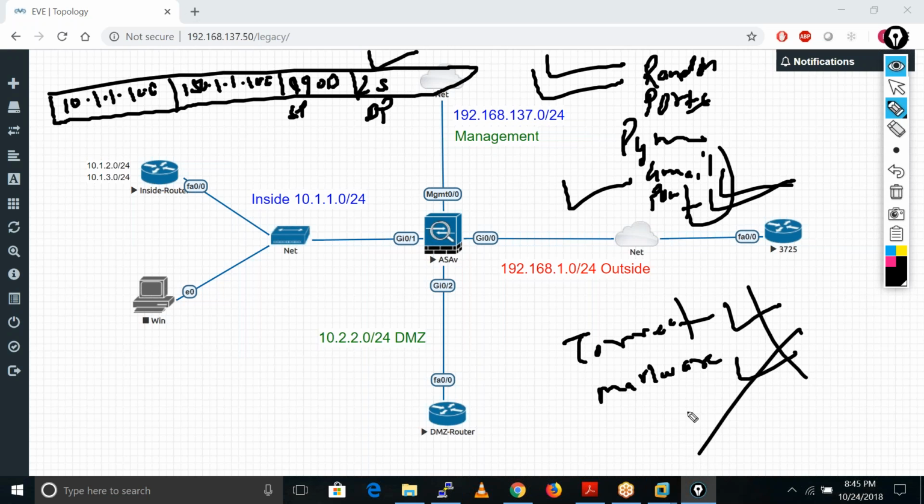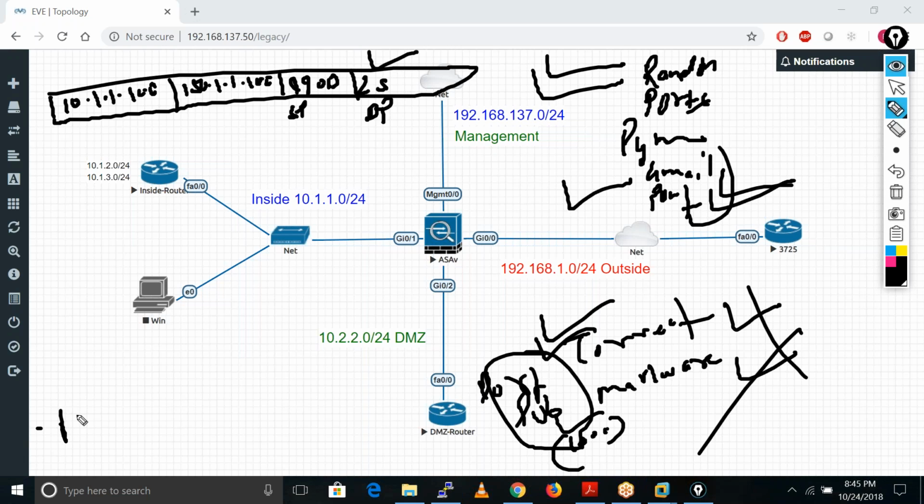Otherwise anyone can find these websites easily, right? And we can also block the torrent by using the IP address. But you don't know, torrent may have around 10,000 IP addresses or 1,000 public IP addresses, and they are also changing that IP address and port numbers every time. So that is the reason we have application identification.